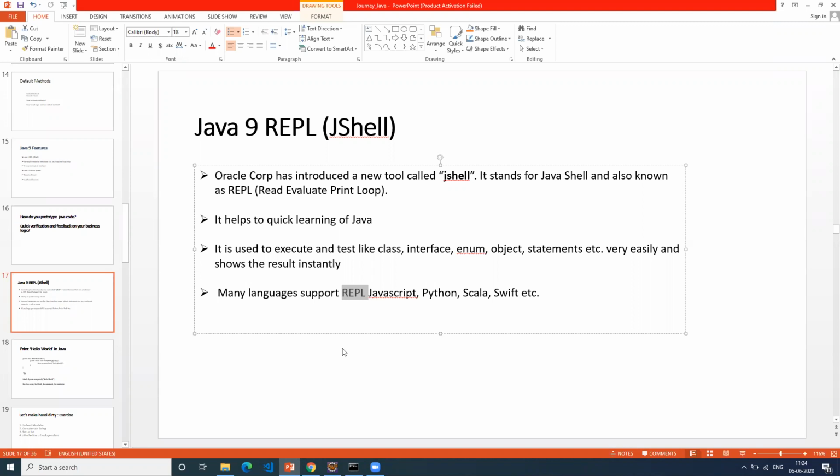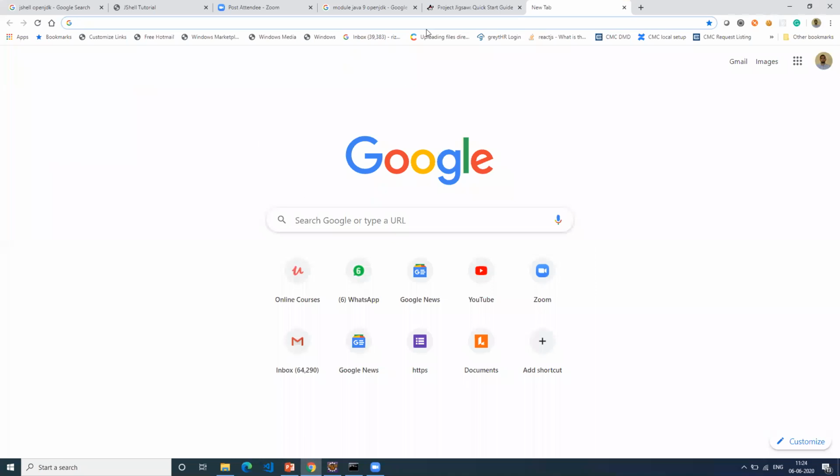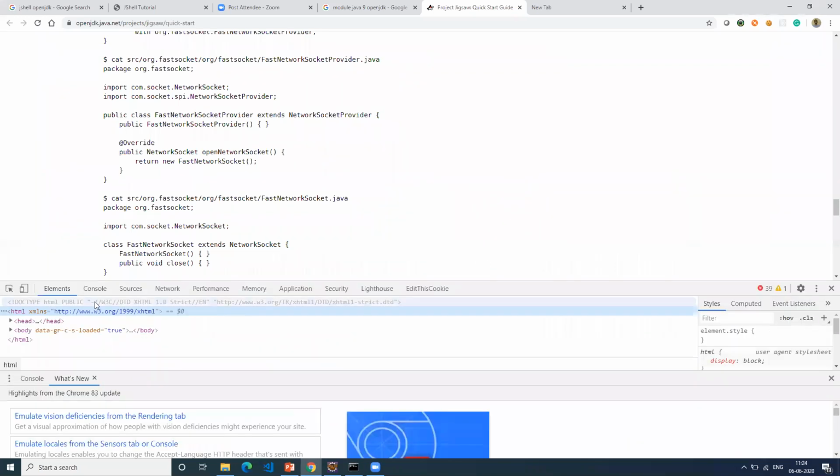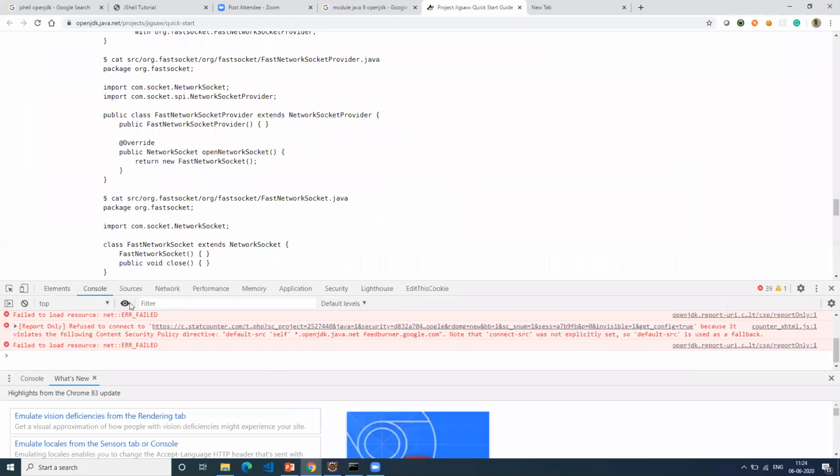In JavaScript, a UI developer, especially a person who works on front-end web technology, HTML, CSS and all, right? When you do something and something goes wrong, it shows on your console. When you open up your browser, let me show you something. Let's say this is my application. I want to go to my console. Do you see the console here? Most UI developers use this console.